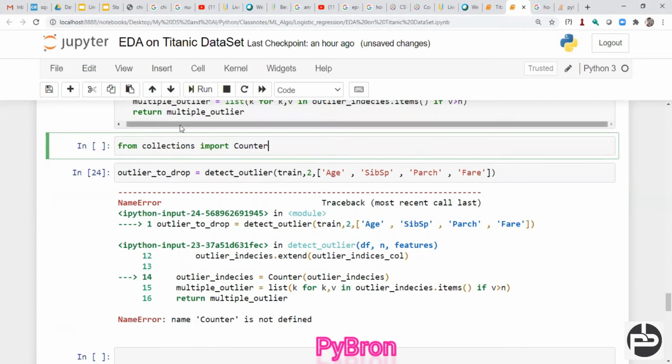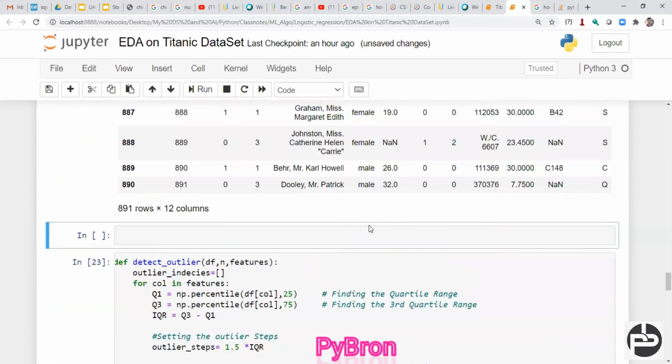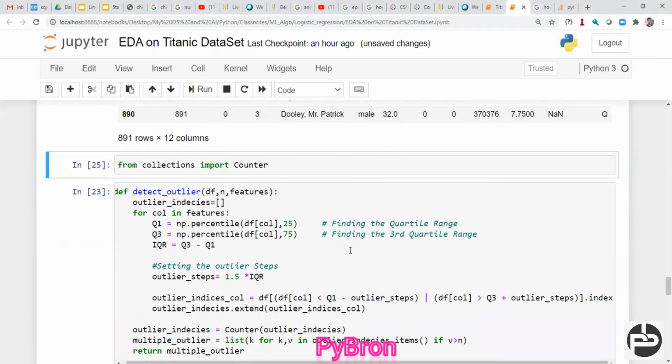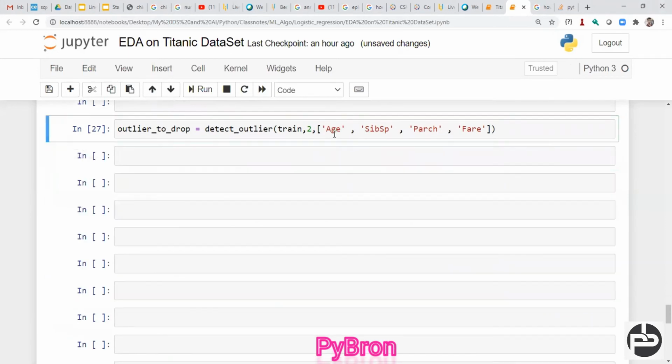I should import this before calling this method, because we are using it here. It got imported now, and let's execute this code again. Yeah, I am able to identify the outliers.